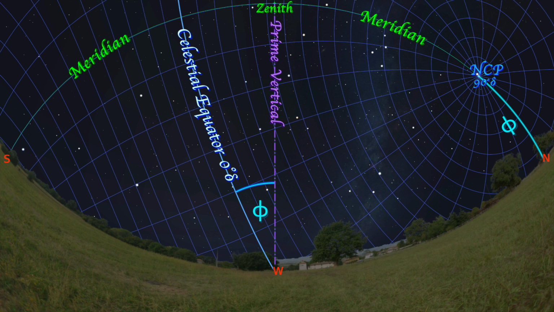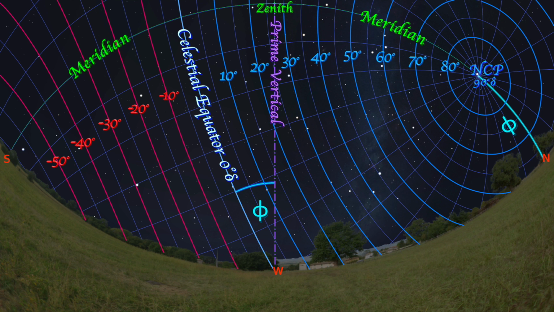We can see the celestial equator is separated from the prime vertical at an angle equal to the latitude, which is also equal to the altitude of the NCP. The declination coordinates in this view are the lines which are parallel to the equator. From this viewpoint, you'll notice that the declinations closer to the celestial equator have apparent angular radii which are much larger compared to the ones near the NCP. This is why they appear to be arcs when in fact they are actually circles like in the example sphere